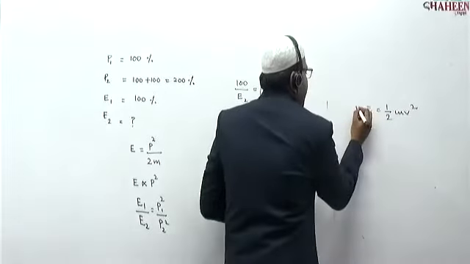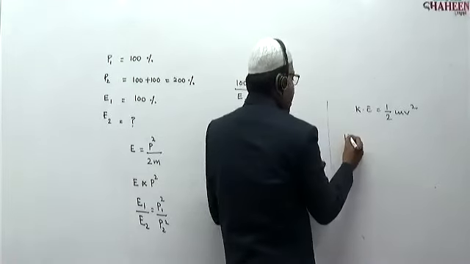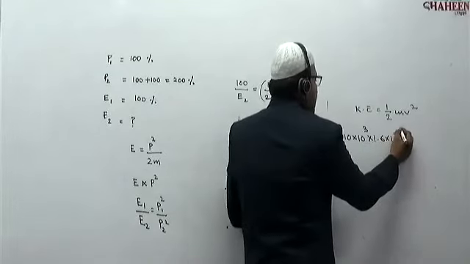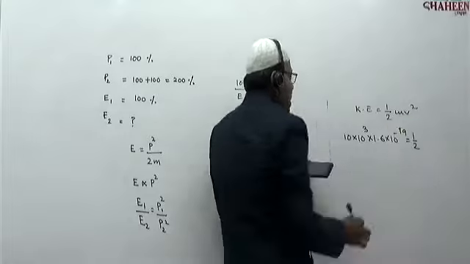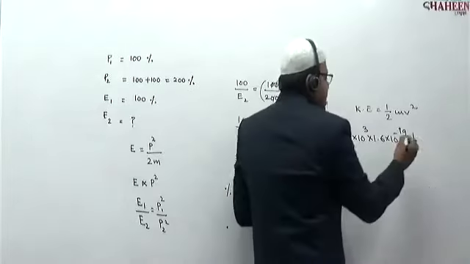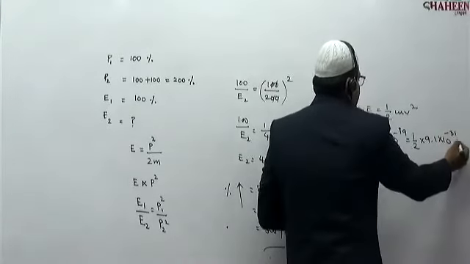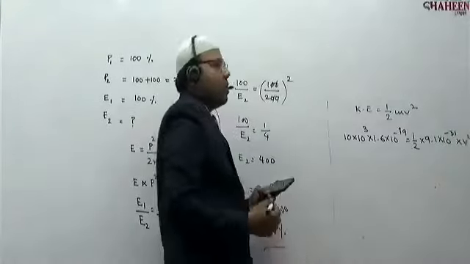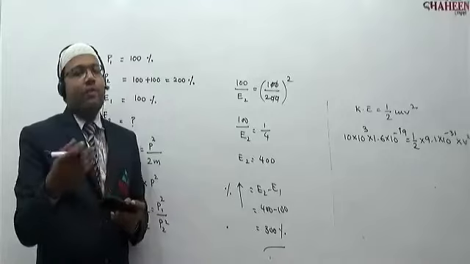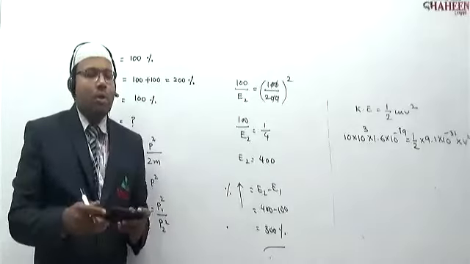ठीक है. Kinetic energy for the first particle is an electron, right? So this kinetic energy I can take 10 kilo electron volt, 1.6 into 10 to the power of -19, is equals to 1 by 2. What is the mass of electron? Mass of electron, that is also mentioned down, 9.1 into 10 to the power of -31 into v square. So what is unknown beta यहाँ पे? V is unknown. So you can calculate V value for your electron as well as we can calculate the V value for the proton. जो वैल्यू बढ़ के है, that is the faster, which is faster, the electron or the proton. You can go with this.